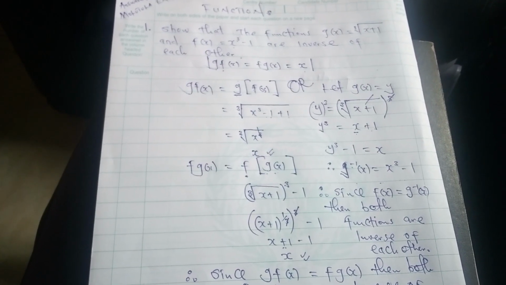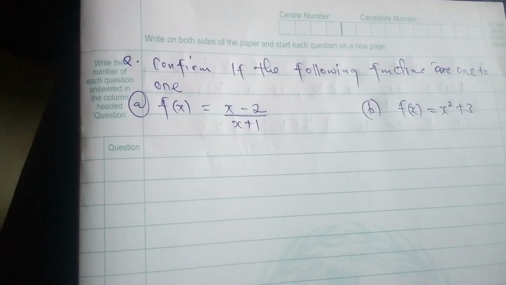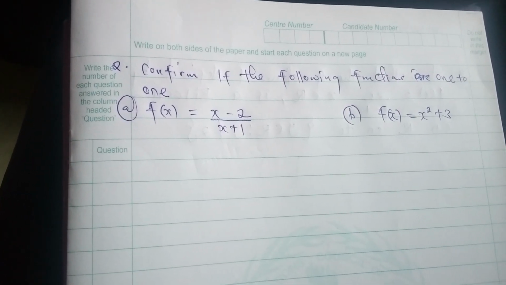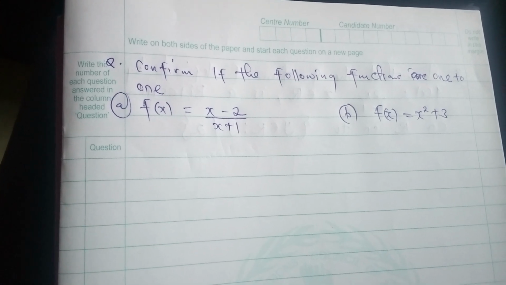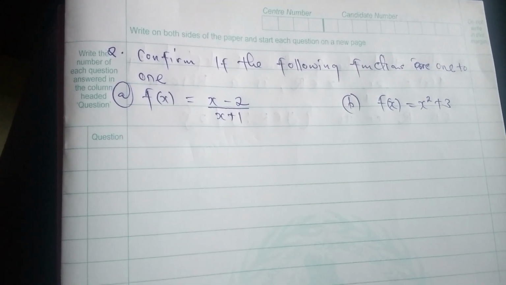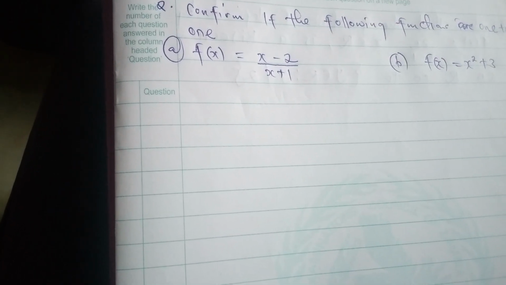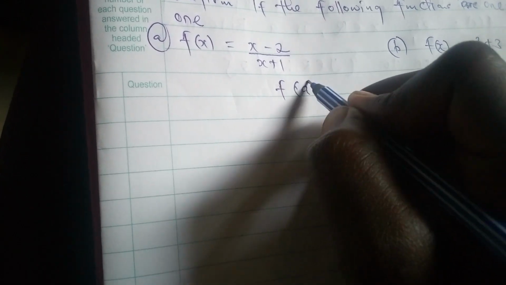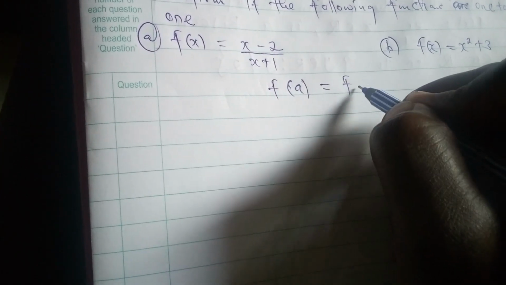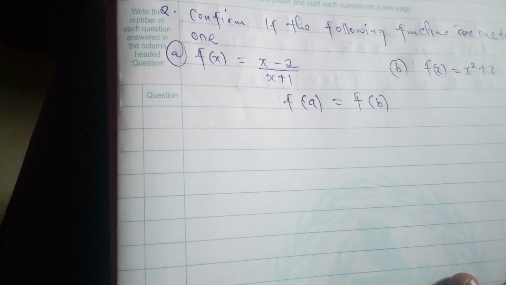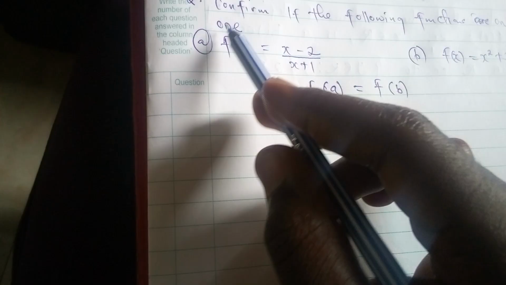So we proceed to the next part of functions. So the second part, they are saying confirm if the following functions are one to one. So one thing that you should bear in mind under one to one function is that f of a should be equal to f of b. So from there, what you are going to do is that you're going to get, let's start with